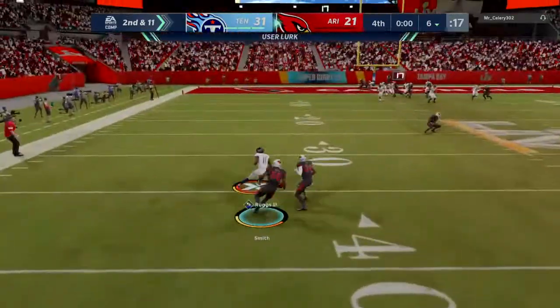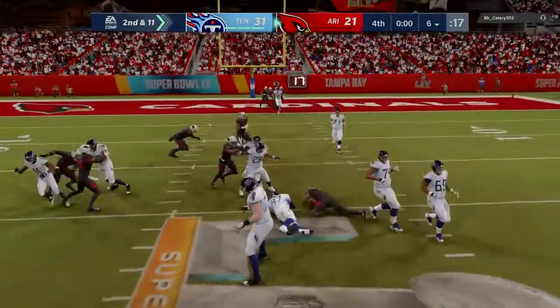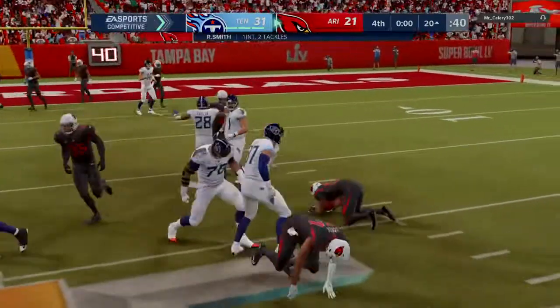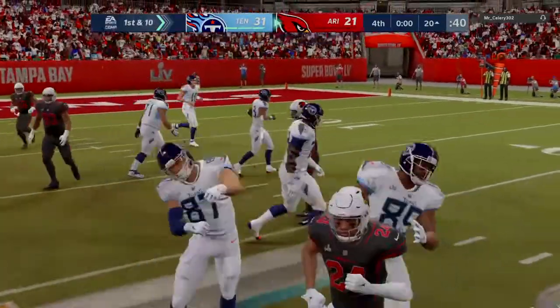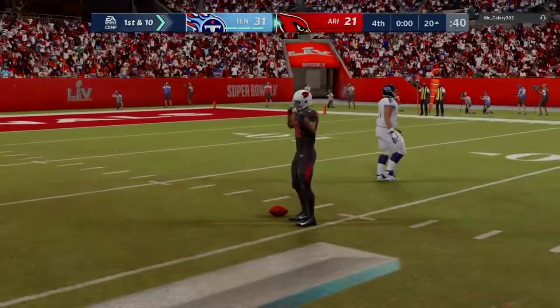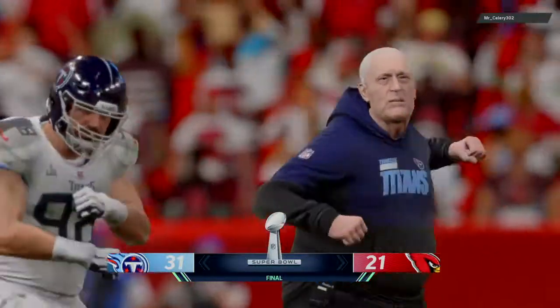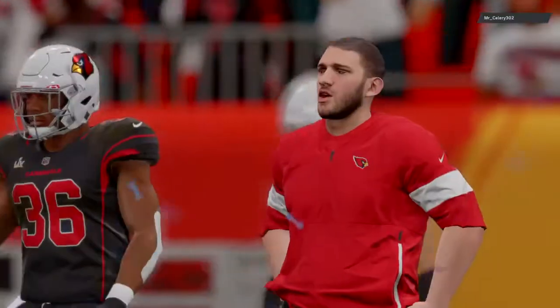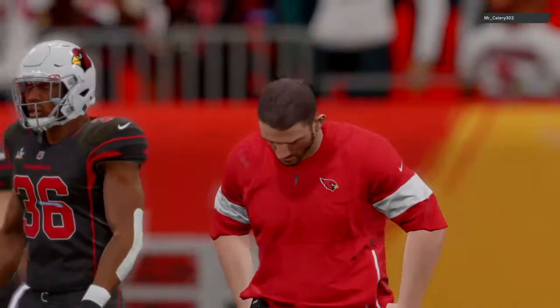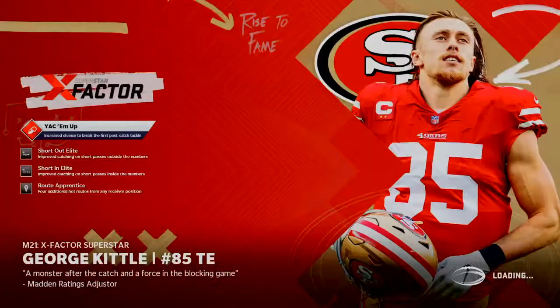Into double coverage, and it's intercepted. Picked off at the 36. And he's going to go down as time has now run out on this game. And they're singing in the Music City. The Tennessee Titans are your Super Bowl champions. And their remarkable season ends in the most remarkable of ways. They get to put next to their name